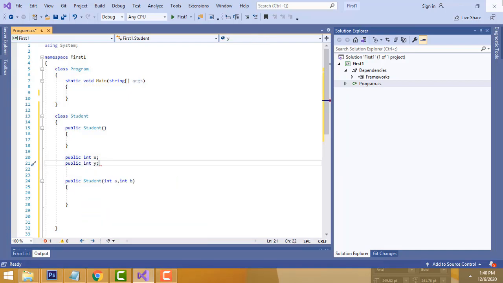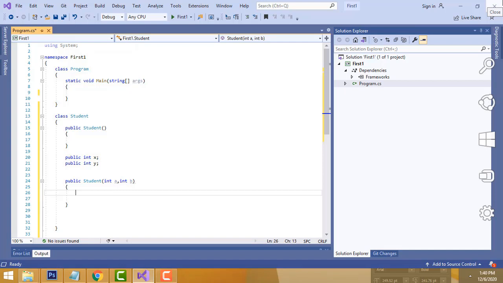This is simple stuff. These are the variables, int is the data type, and public is the access specifier. If you put the access specifier public, you can access these variables anywhere in the program.